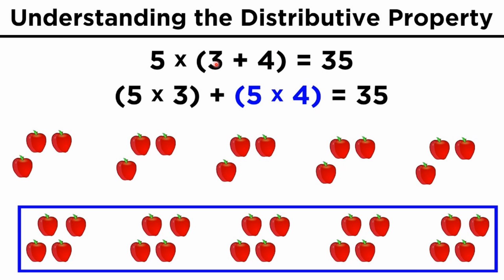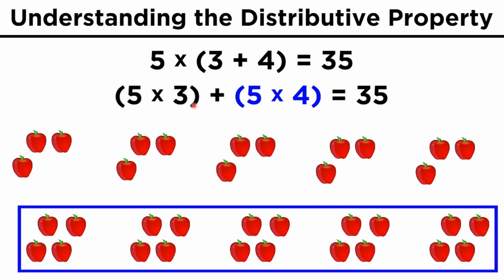Sorry, there are 3 sons, so they are getting 5 into 3, 15 apples. Your 4 daughters are there, so they are getting 5 into 4, 20 apples. So the total number of apples you distributed is 35. That is, 35 apples you are distributing among your 3 sons and 4 daughters, giving them 5 apples each. The total number of apples your sons get is 5 into 3, which is 15, and your daughters get 5 into 4, which is 20.